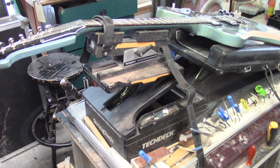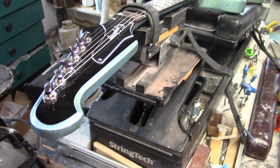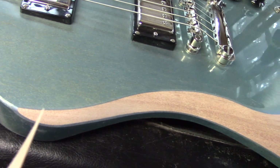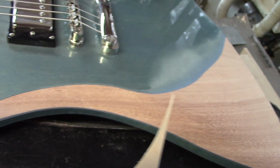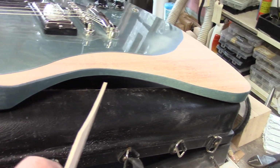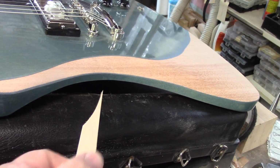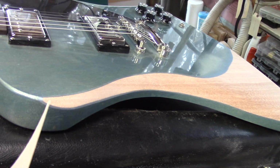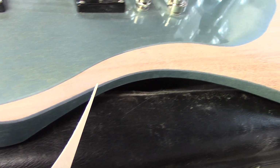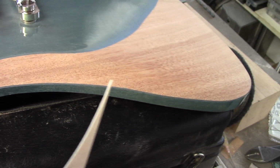Of course, the other guitar that we have on the go is this reversed headstock Firebird. Paul will be stopping by to sort of verify the beveling and reshaping that we did. So I've taken the tape off because this little bridge between the front bevel and the back bevel will be hand sanded very gently. So right now we've got a very sharp, crisp line all the way around, and then